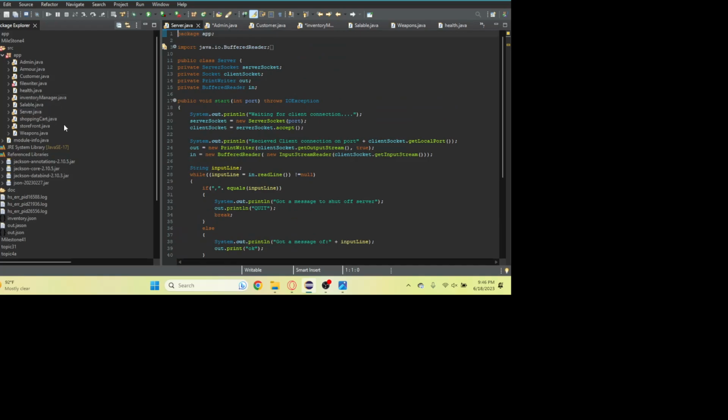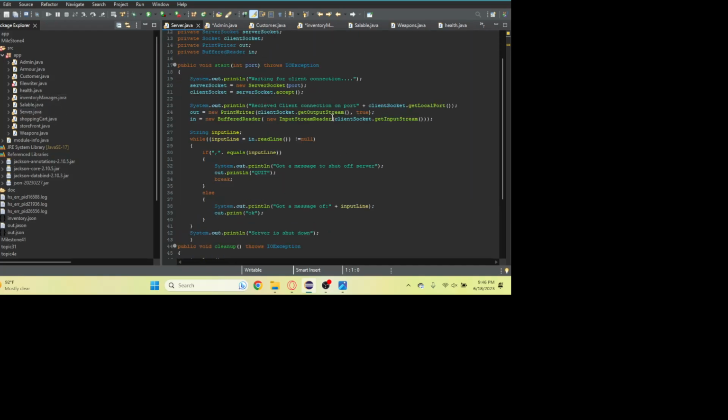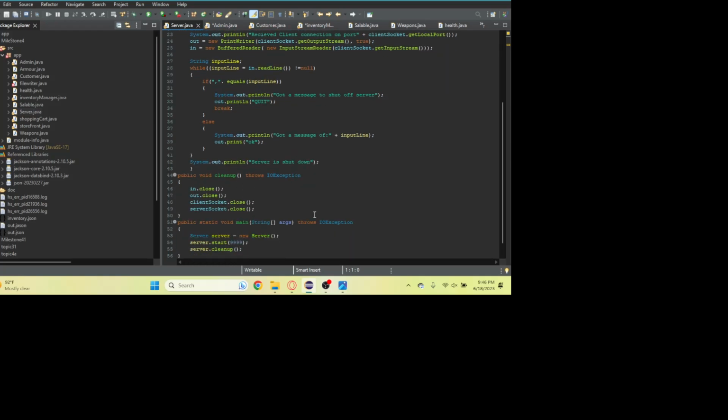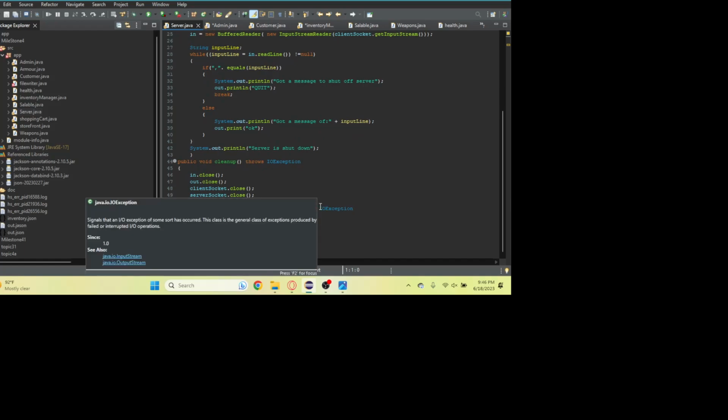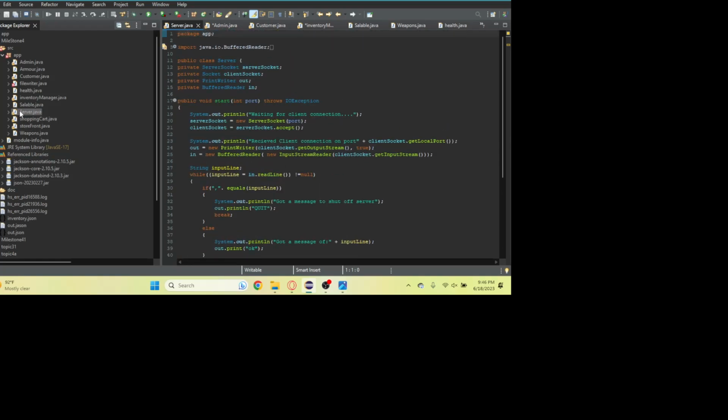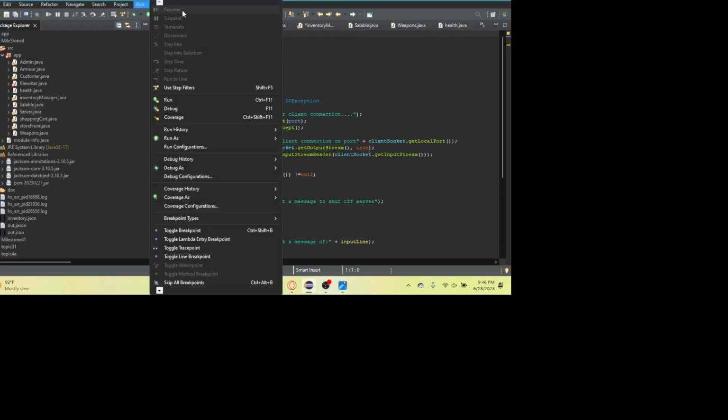Here's our server. These are some of the outputs that you would get. So you'd have the waiting for client. As soon as the client socket gets accepted here, it'll print out that it's received the connection, and then it'll start running as such. When it comes to the server,